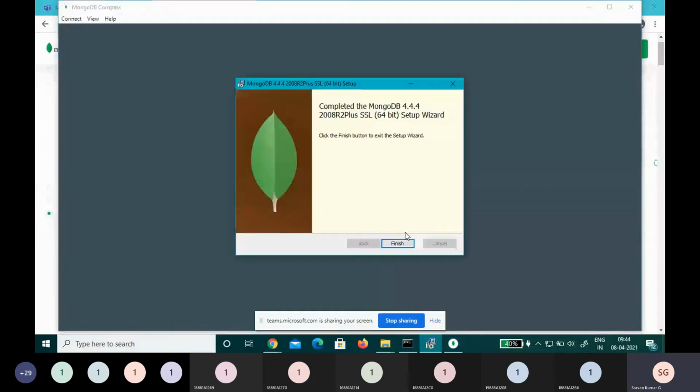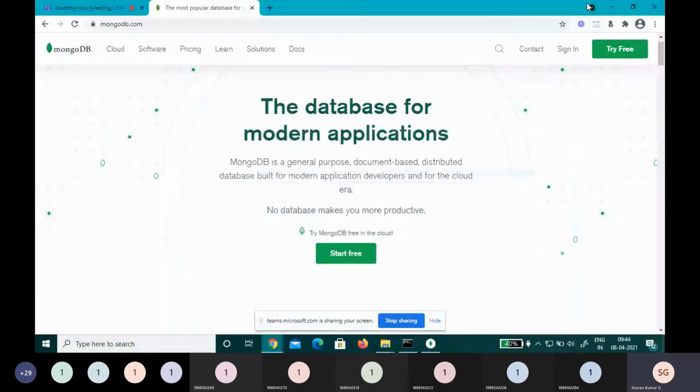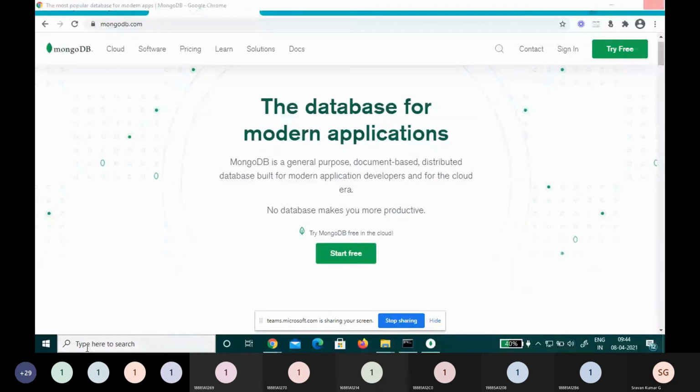Okay, MongoDB installation has been completed successfully. I'm clicking Finish. This is Compass getting installed, so just keep it aside. I'll go to the command prompt. The command prompt is already there.